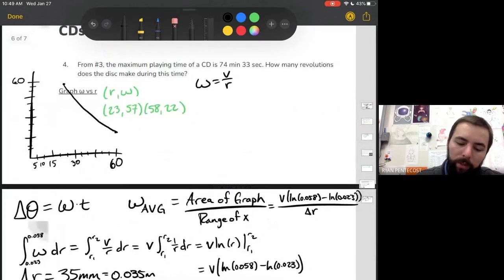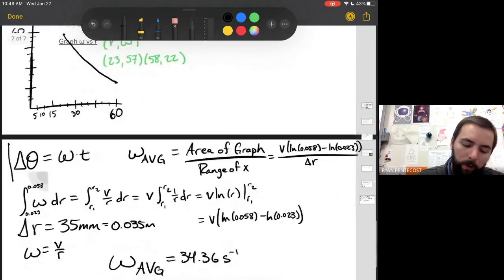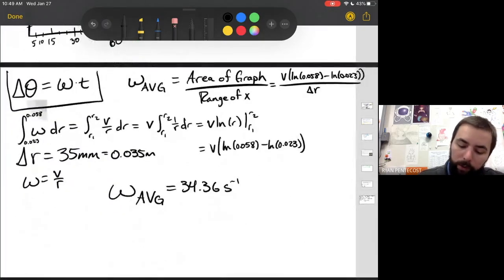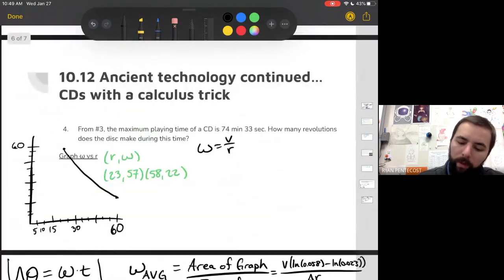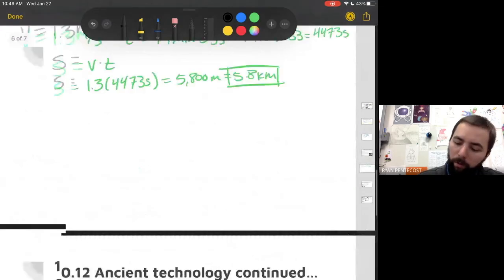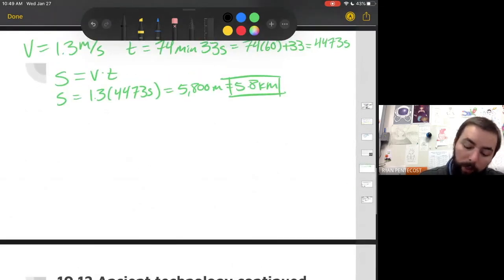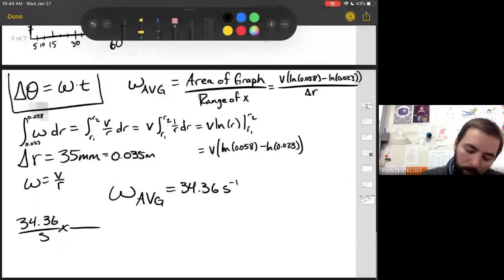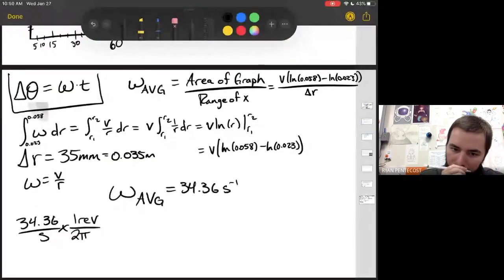Okay? However, we want revolutions the disk makes, right? Remember, this is our goal. But we want that in revolutions, so we need to convert this. We've got 34.36 divided by seconds. And we need, what is our time? Our time is in seconds, right? We figured that out. That is 4,473 seconds. So we can keep it in seconds. We just need a revolution in there. So there's 2 pi, 1 revolution. That will give us, that gives us 5.47